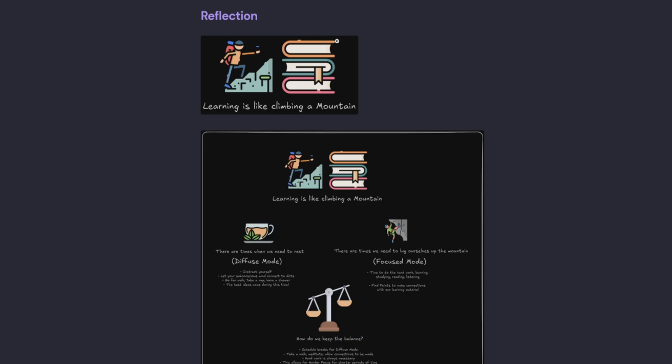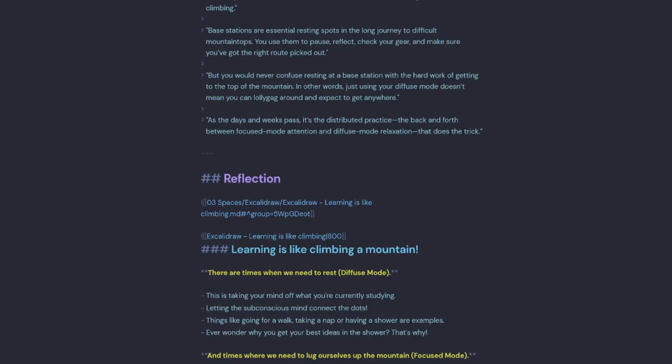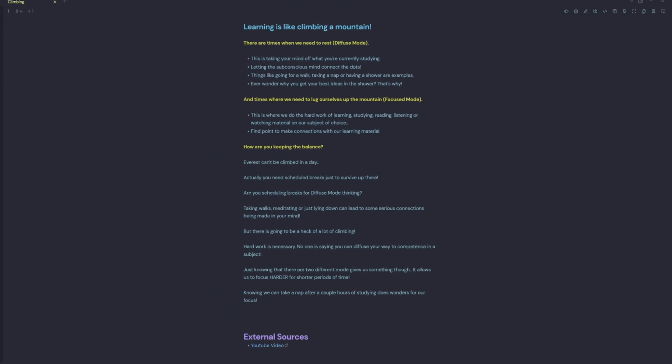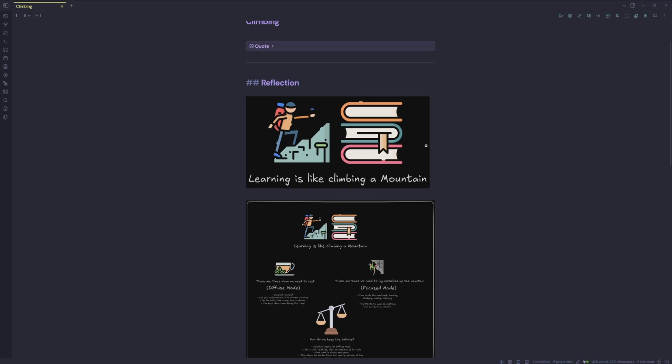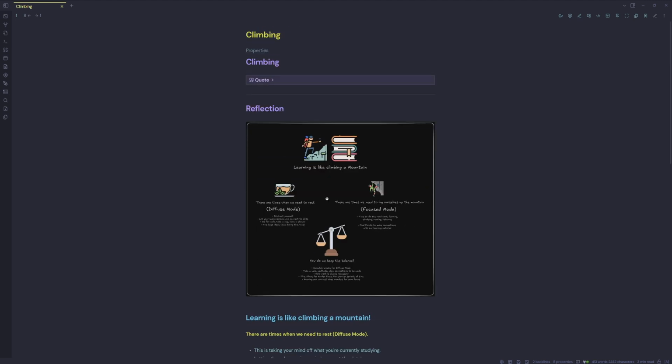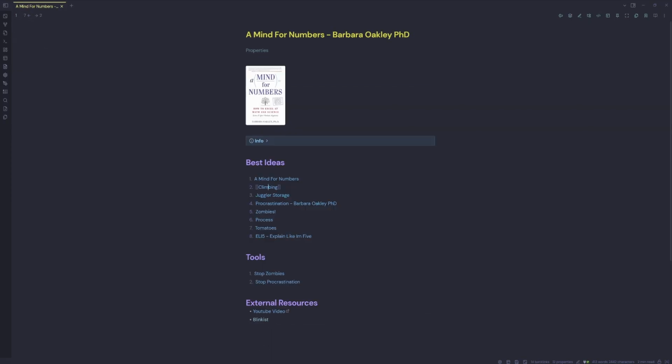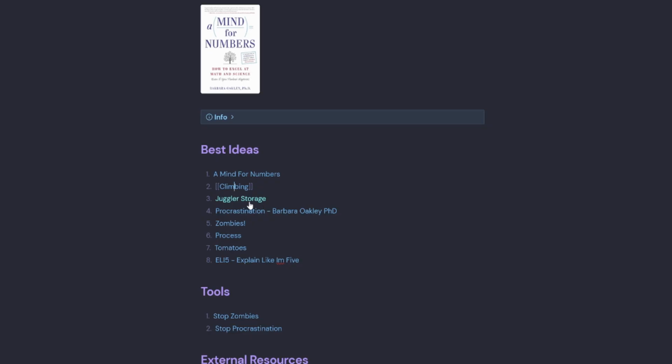Learning is like climbing a mountain. And if I wanted to resize that as well, then I can put a little straight line with the resize amount. So I could also do it like that if I wanted to. And if you wanted to match your background to match your Obsidian page, you could also do that too. So that's another option. I'll just keep it like this for now, and I'll show you why at the end of the video. So we'll go back and we're now going to look at our next best idea, which is